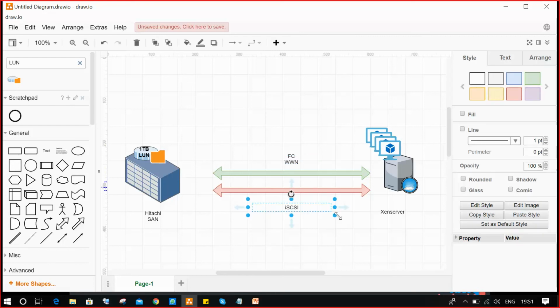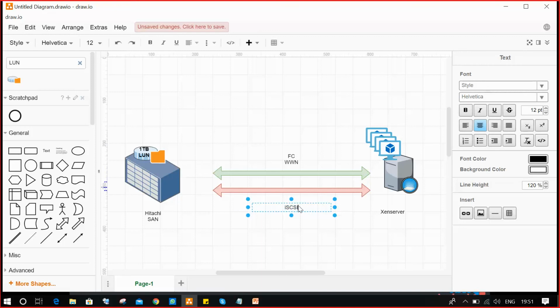If you are using iSCSI, any idea? IQN number, the iSCSI qualified number. So this is the way you can connect to your LUN remotely with the help of middle protocols like the FC protocol or iSCSI protocol.